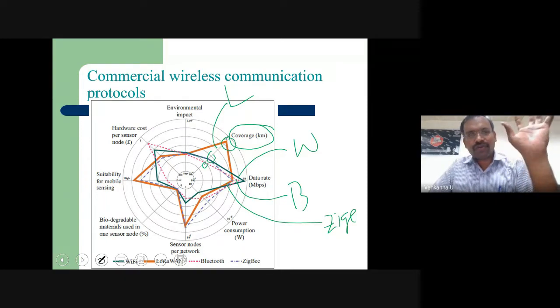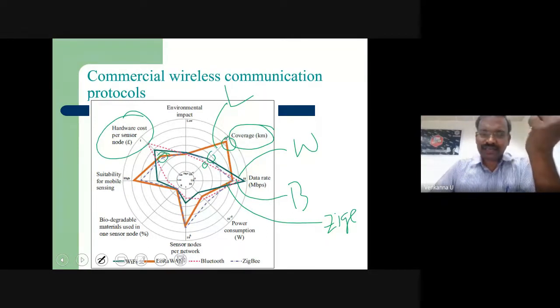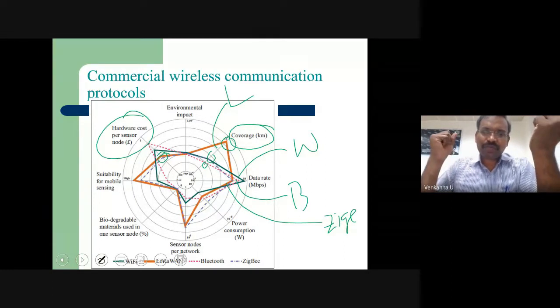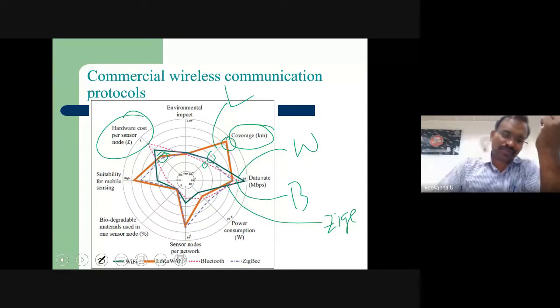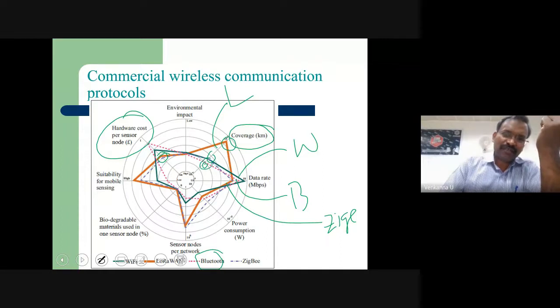Very good. Now, when you want to use LoRa, you should see other parameters also. Cost. The cost of LoRa devices is very high, then Zigbee, then Bluetooth, then Wi-Fi. For example, if you want to develop an IoT prototype with minimal cost, then you should pick Bluetooth, but then you should compromise the coverage area.